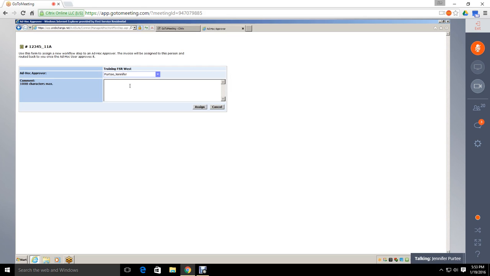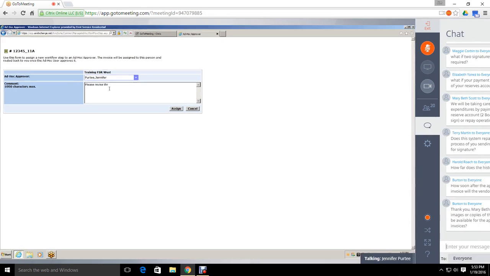And this is where it's really important that you type why you want to return the invoice or ad hoc that invoice back to the manager. Because then they're going to be checking their history tabs. They're going to see, oh, how come Mary sent it back to me? I want to make sure I understand, so I correct this or do the research that they want me to do on it. So I'm going to write to my manager, please revise